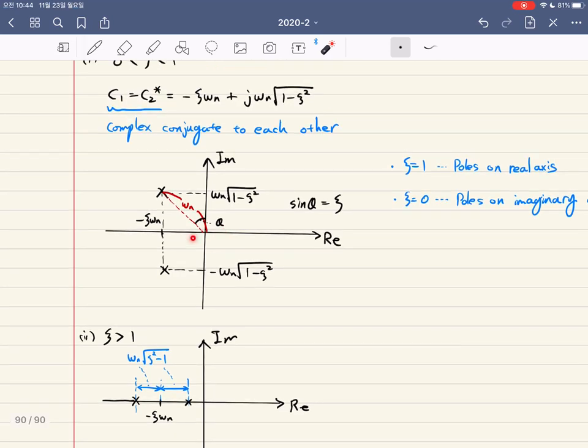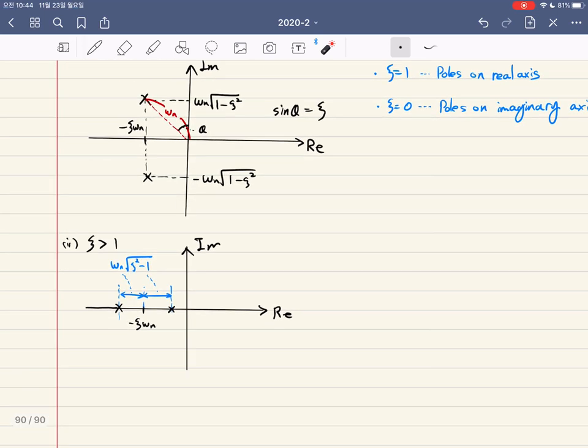If you have the complex number, then there exists the oscillatory motion, which means there is a vibration with respect to time. So to summarize,